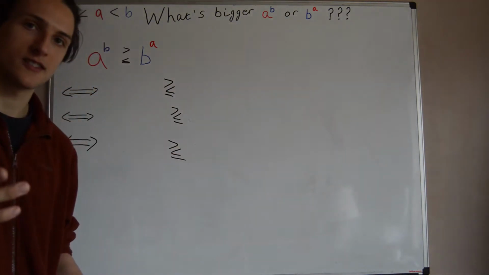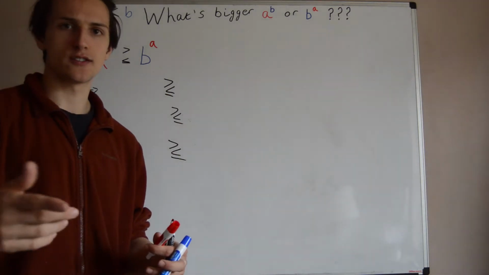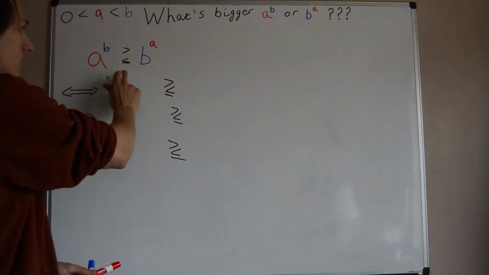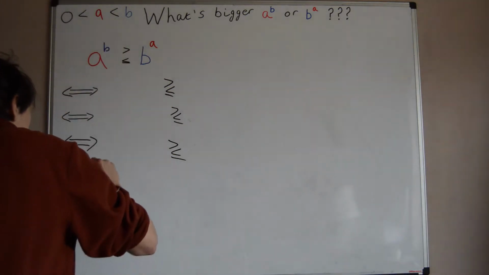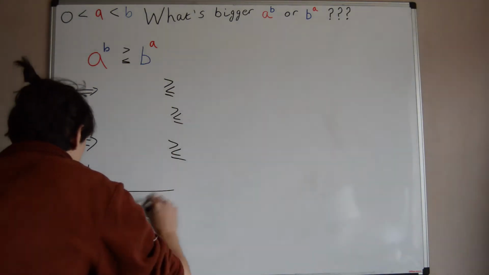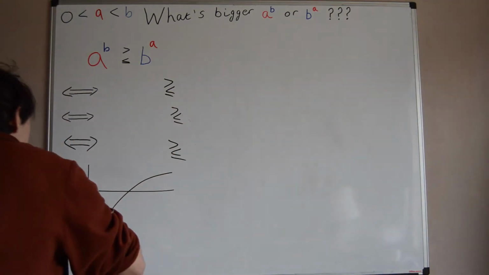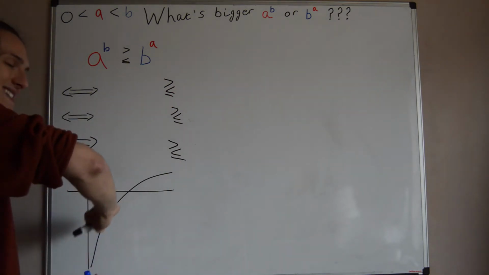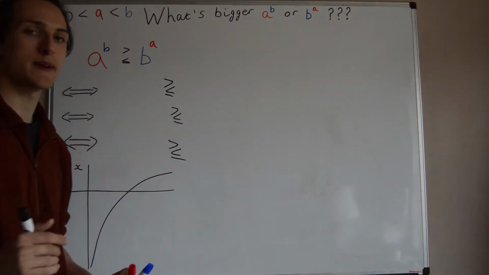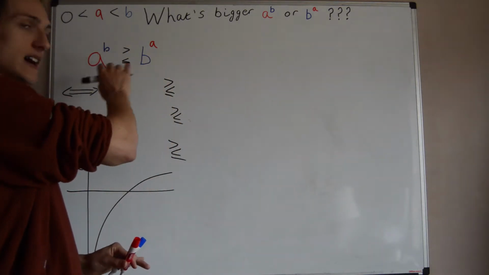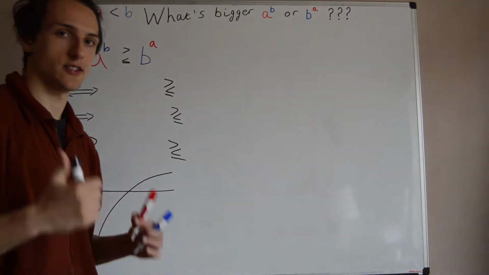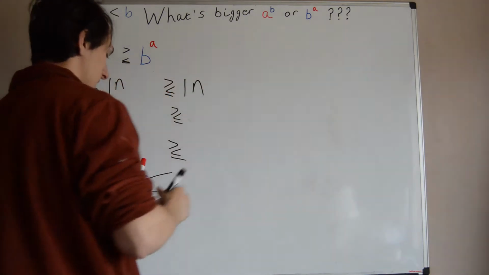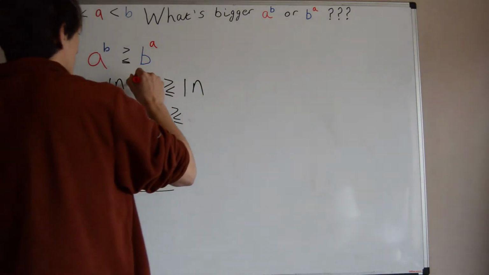We have powers, but these powers are causing issues for us, so it'd be nice to introduce the natural logarithm. However, we're working with inequalities, so just before I do that, let me draw the graph of the natural log. So this is the natural logarithm of x, and we see that it is a strictly increasing function, and that means if we take the natural logs of both sides, it's not going to flip the inequality signs, so we don't need to worry about that. So we just take the natural logarithm of both sides,